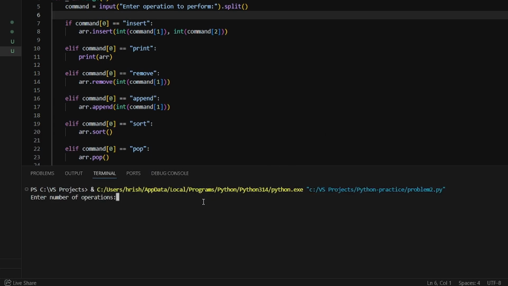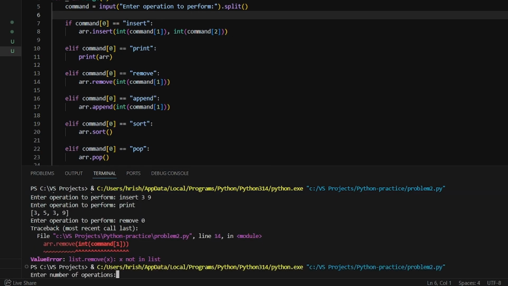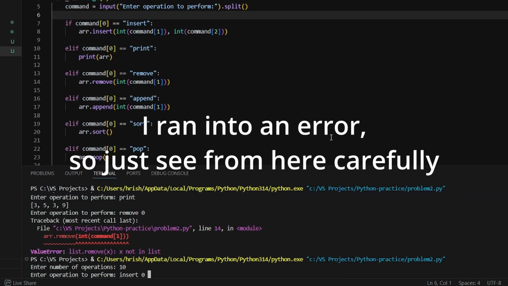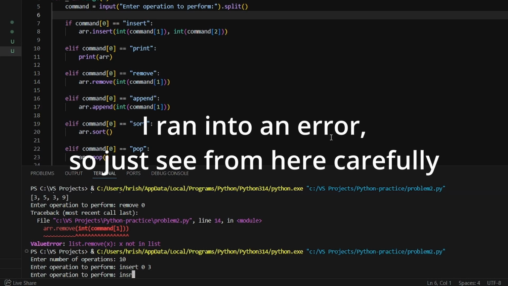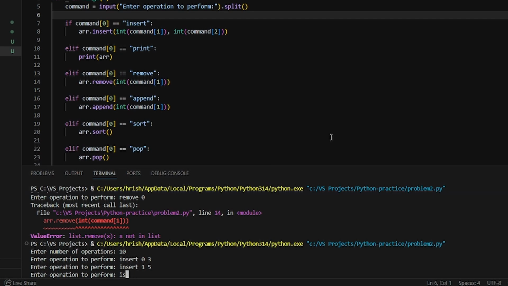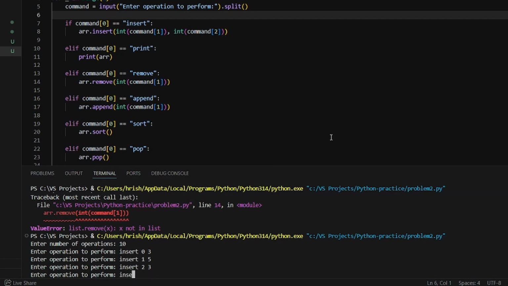Now we have entered the number of operations. Let's say I want to create a list, so we're taking 10 operations, and we write insert 0 at 3, insert 1 and 5, insert 2 at 3, and insert 3 9,